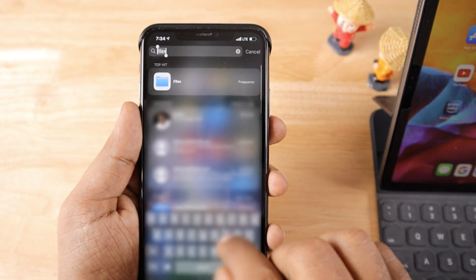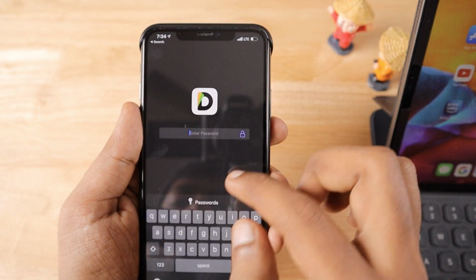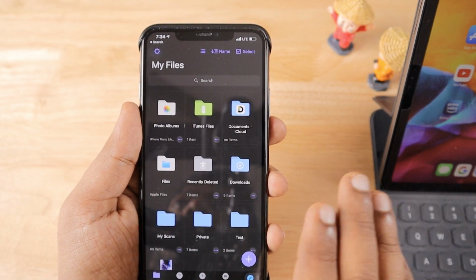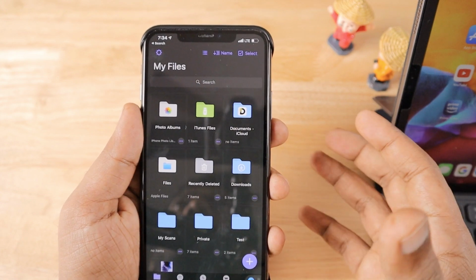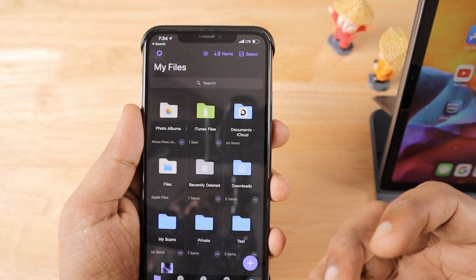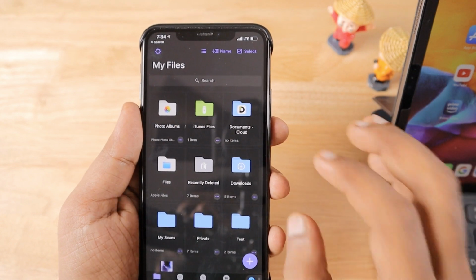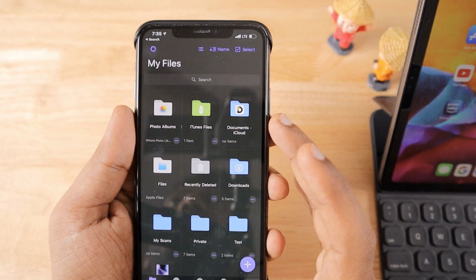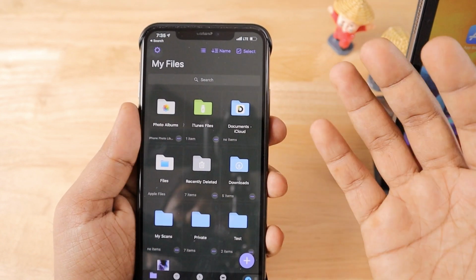I can verify that by going to the Documents app or Files app. I can open any one of them and enter the passcode. So apart from your iPhone passcode, this Documents app will have a separate passcode. I didn't enable the Face ID because if there is any chance that my family members have a similar bone structure, then the Face ID can be bypassed. So for that reason, it is not recommended to have the Face ID enabled if you're so cautious about protecting your documents from your family members for certain reasons.